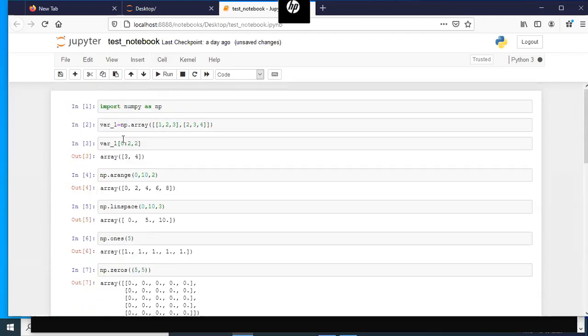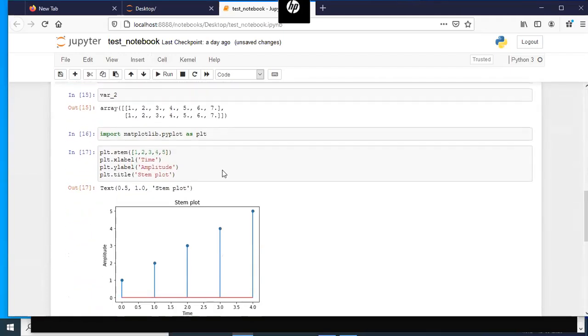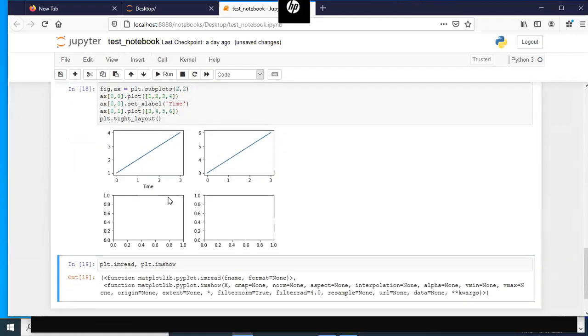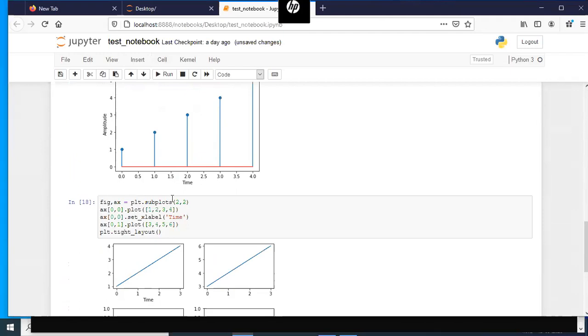But you have to be careful, because if some cells have a lot of code, it can take a while to finish running. Whatever we had here was not really heavy at all, so it finished quickly.